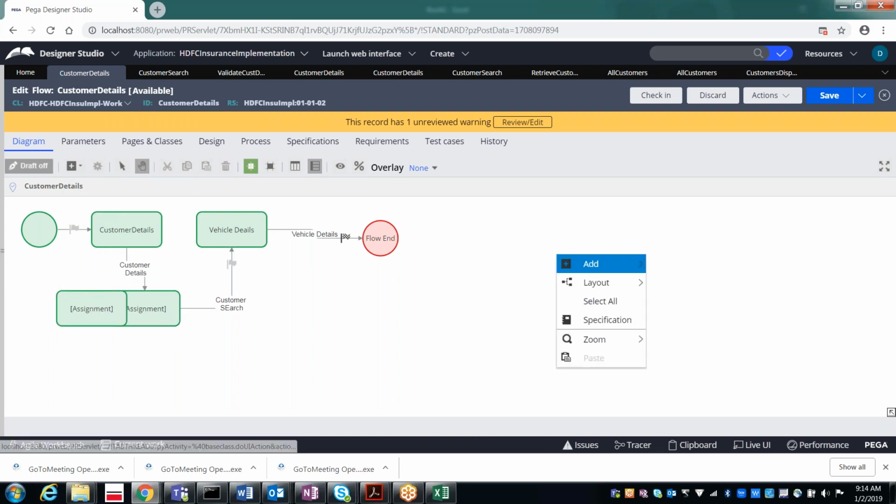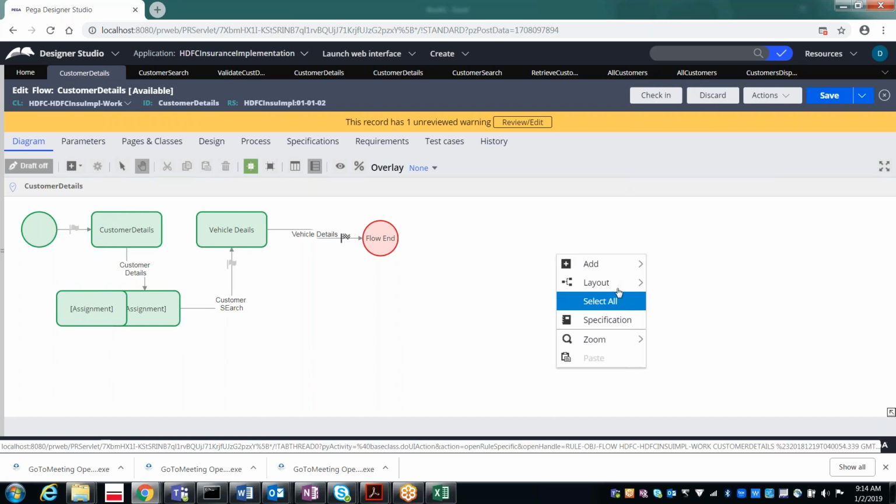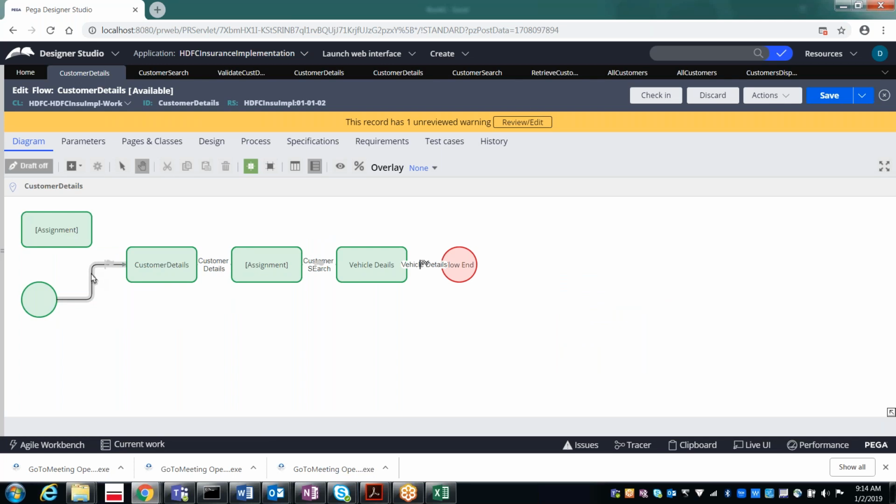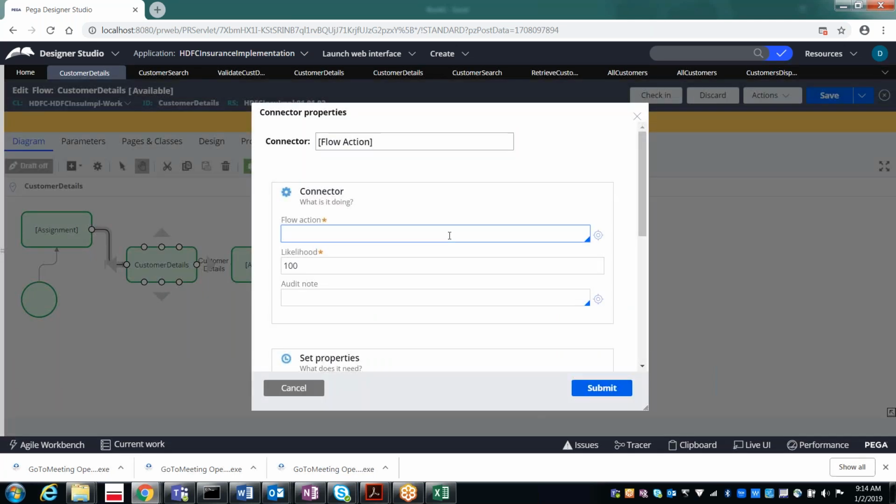Okay, let's arrange them. Align horizontally. Like this. And then here again we need to select the flow action. What is the flow action? Customers display flow action.